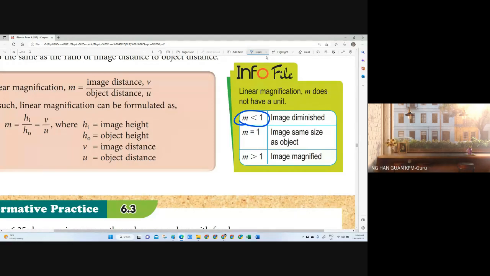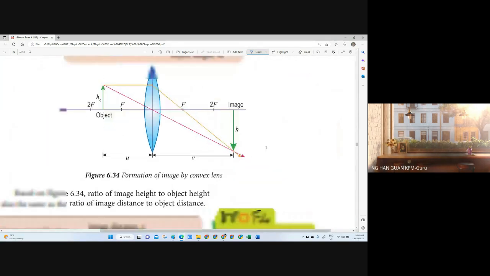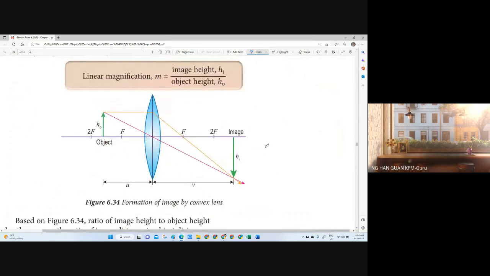When m equals 1, based on the calculation v over u, image over object, you get 1, so it means they are the same size. When image over object is bigger than 1, the image is magnified, which means the image is bigger. For this equation, actually it's just mathematics. When referring to this diagram, it's just a mathematical calculation for the triangle, right? As you study from the triangle,